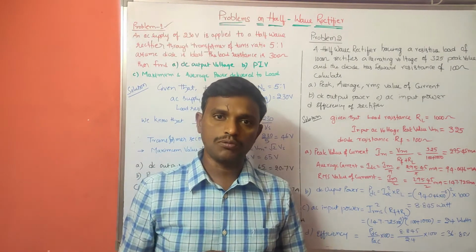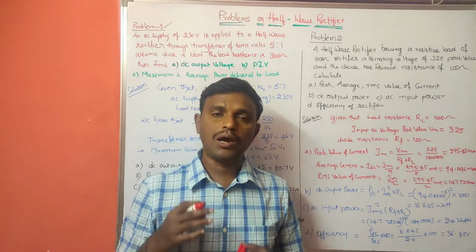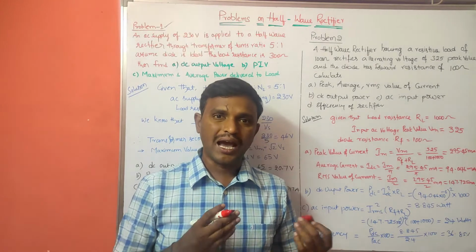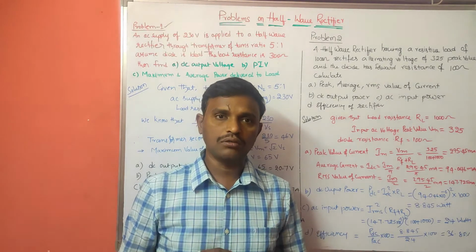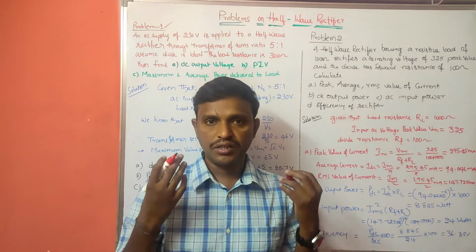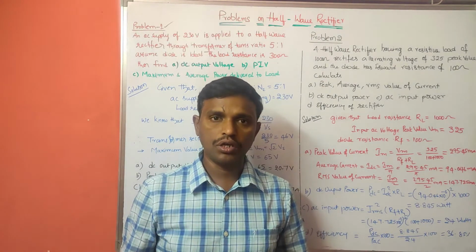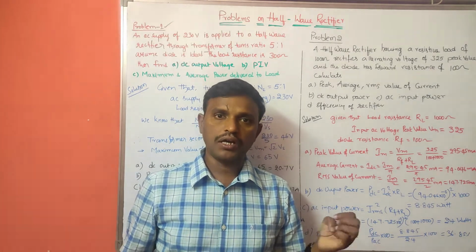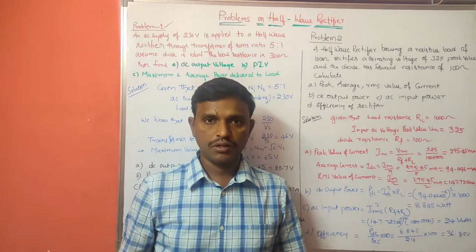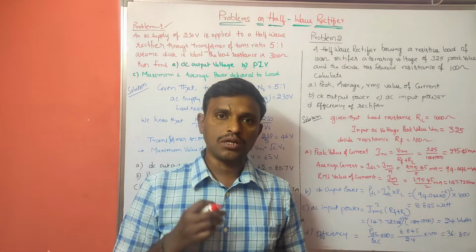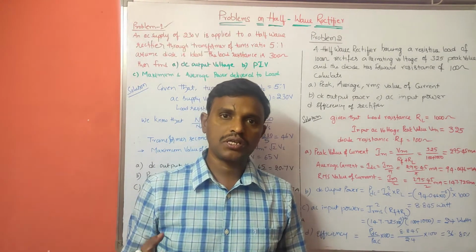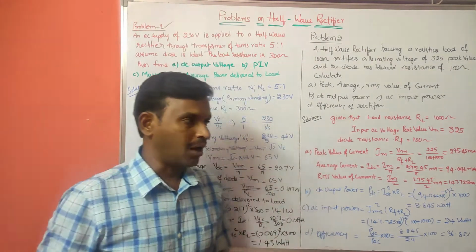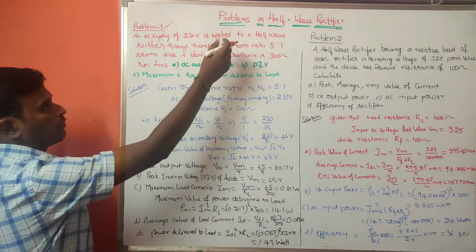If you want to do the problems on these topics, we have to be thorough with the formulas we have for the average value, ripple factor value and efficiency, and DC power delivered and AC power delivered. We have different formulas for the different half-wave rectifier, full-wave rectifier and bridge rectifiers. These formulas are given in my previous discussions about the comparison of all the filters. So here I am going with the problems on the half-wave rectifier.